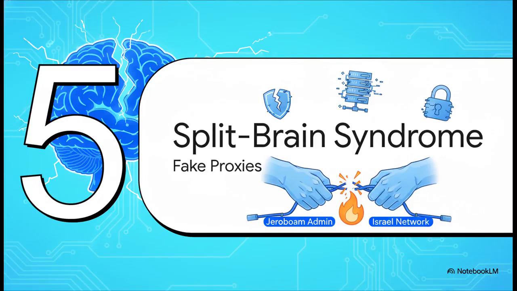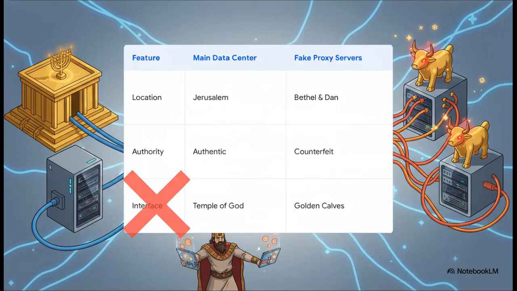To guarantee separation and secure his administrative rights, Jeroboam deploys a highly destructive workaround. To stop that traffic going back to the main data center in Jerusalem, Jeroboam literally alters the routing tables. He sets up 2 golden calves in Bethel and Dan to act as fake proxy servers. He's spoofing the original network with counterfeit authorities and interfaces, capturing user traffic before it can ever leave his local